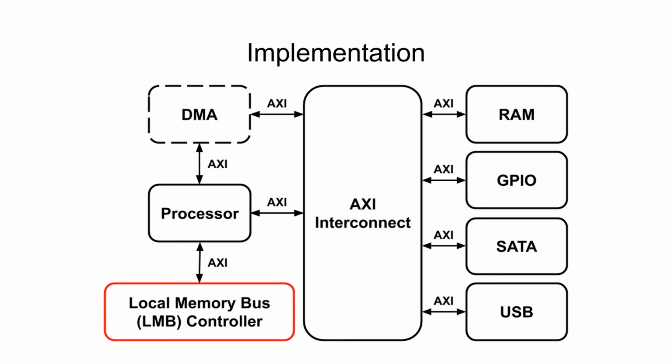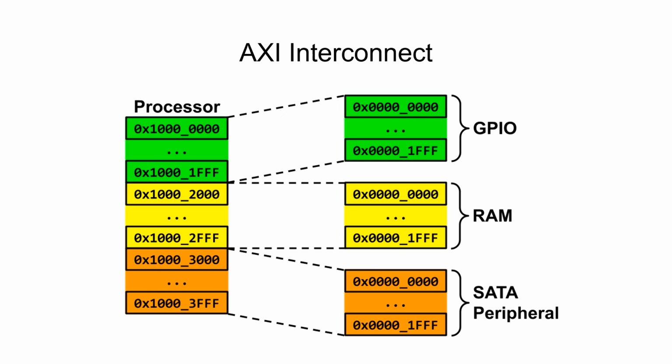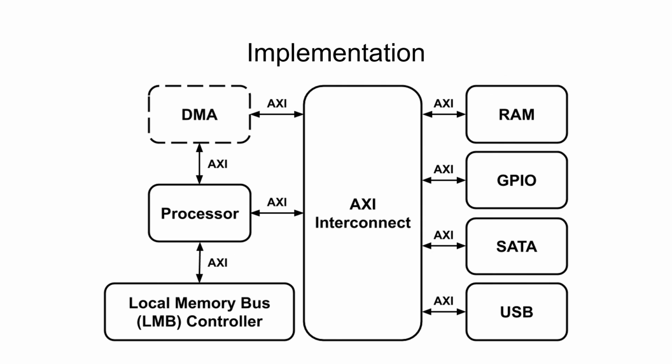In order to connect our pieces together, the AXI communication standard will be used. AXI is a master-slave communication interface and treats the slave as an addressable memory space with reads and writes being performed to the appropriate addresses on the slave device or module by the master. The AXI interconnect allows multiple masters to connect to multiple slaves simultaneously. This converts the address space provided by a single AXI slave module into being part of a larger address space provided to the processor. In the next video, we will walk through how to implement this system on a Xilinx Zynq